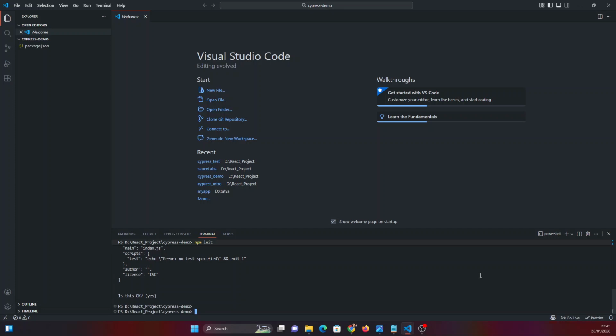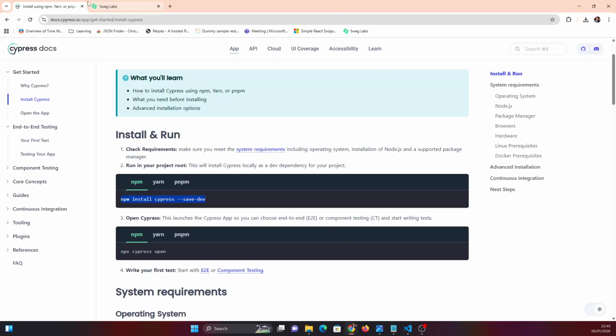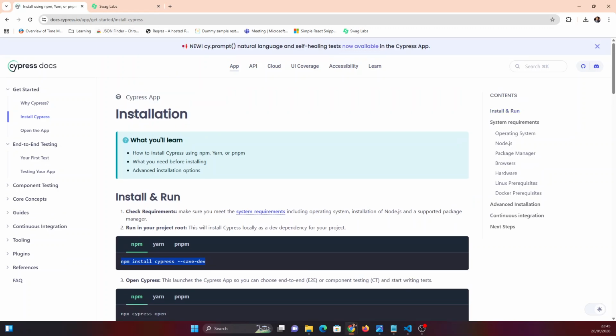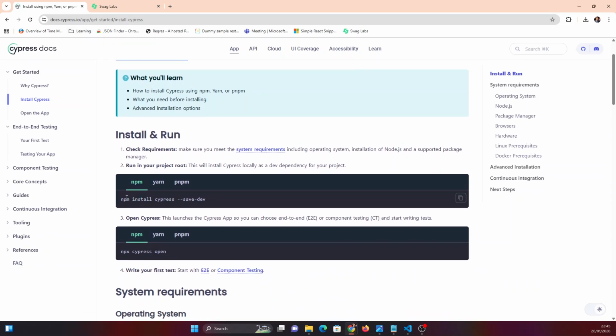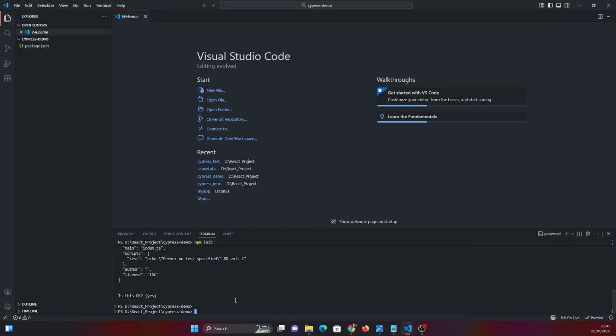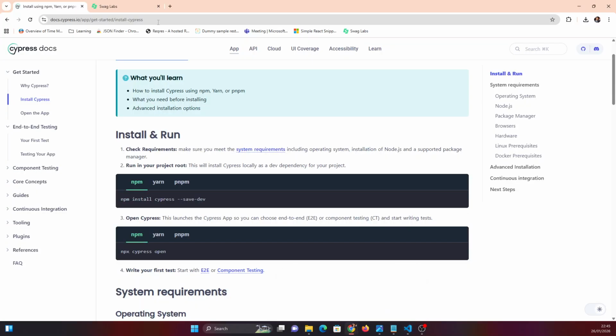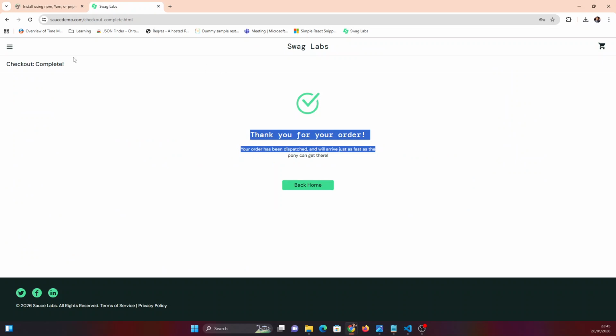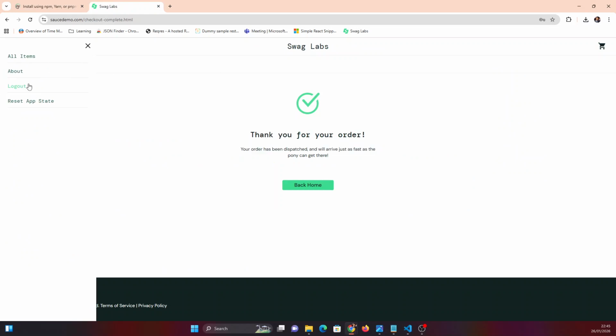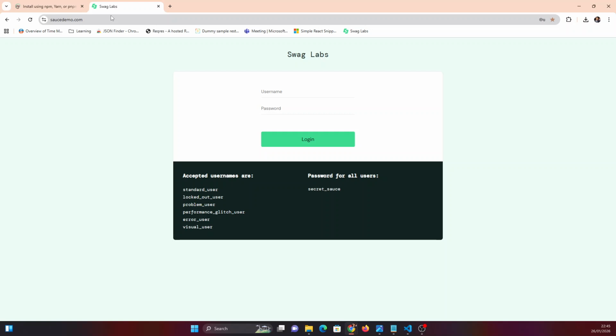Yeah. So I recommend you guys to go to the Cypress official website and open this installation guide by Cypress. So here it is saying you to run this command to install Cypress in your system. So when it is getting installed, I want to show you a good website to start practicing automation testing. So this website is from Sauce Demo. So here you can find the usernames and passwords